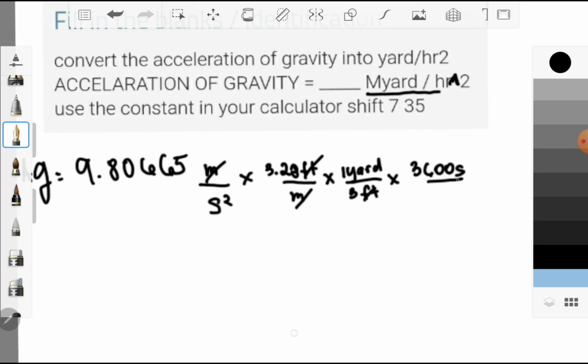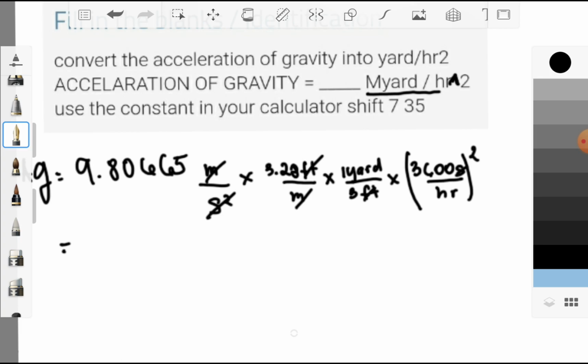3,600 seconds per hour. How? 60 times 60, tama ba? 60 seconds, 60 minutes times 60 seconds, so 3,600. So, wag niyong kakalimutan i-square yan. Right? So, therefore, we will cancel out your s squared because s squared divided by s squared is equal to 1. Right? So, we have an acceleration of gravity in yard per hour squared, which is equal to shift 735